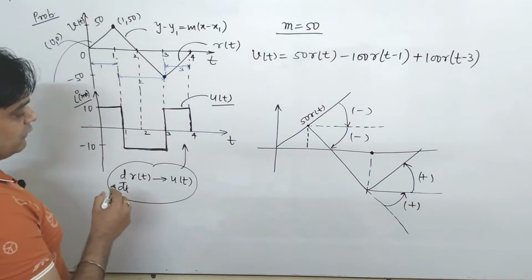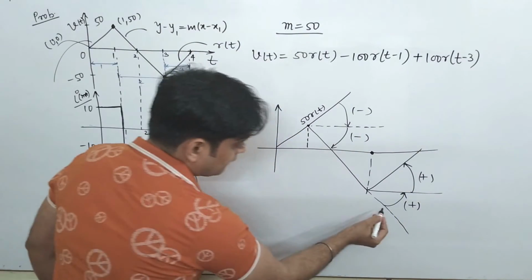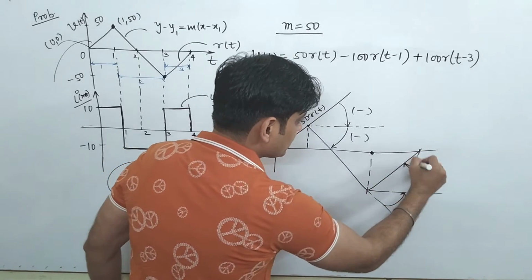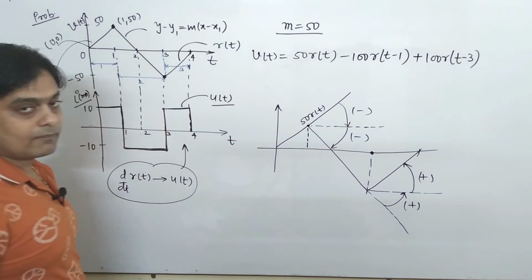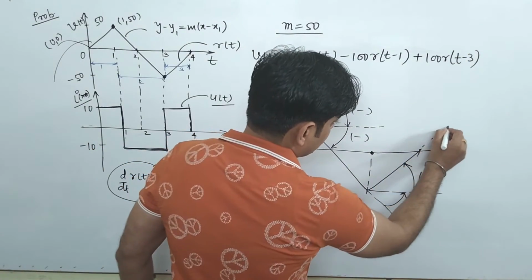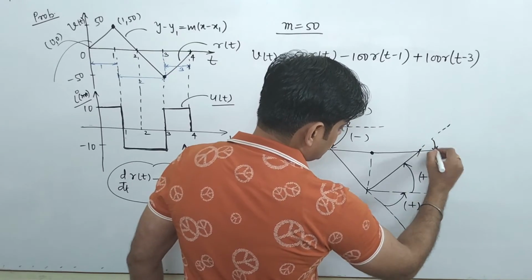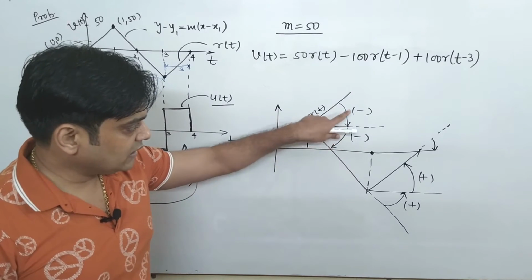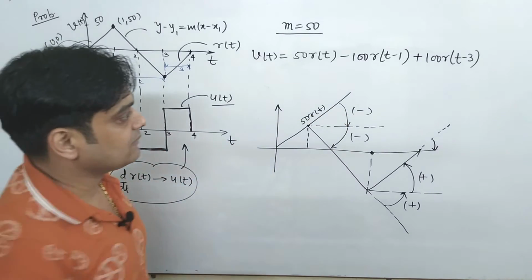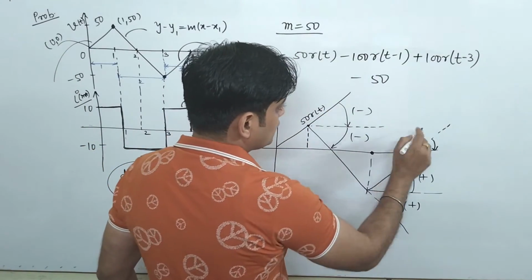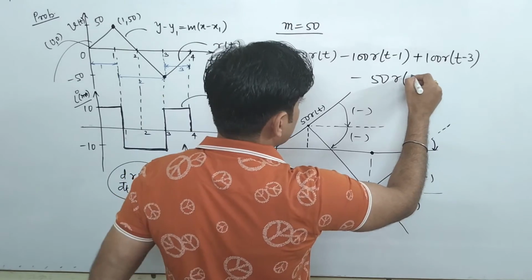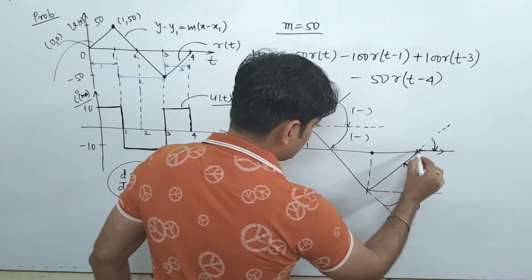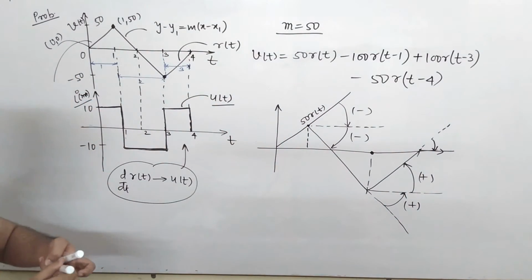Yes. So now what will happen? This signal now starts moving in this fashion, from here to here, and from here to here, and now it's moving in this fashion. Now it is going like that. Now what you have to do, you have to match this signal here. It means, as I said, for reducing this slope to here, again you have to subtract. Now you have to subtract only a single time. So that comes to be minus 50 r at t minus 4. When you subtract, what will happen? This signal will now move in this fashion. So now this is your signal. Okay, and finally we have to write this equation.